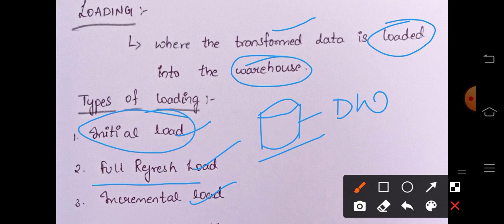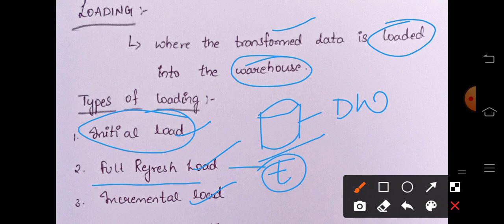This full refresh load is a costly process, and it requires more time to load all the data into the data warehouse. While loading all the data in one go, the data may be lost. In this, all the previous data is erased and the new data is added.